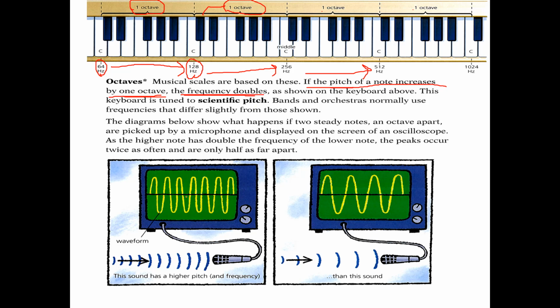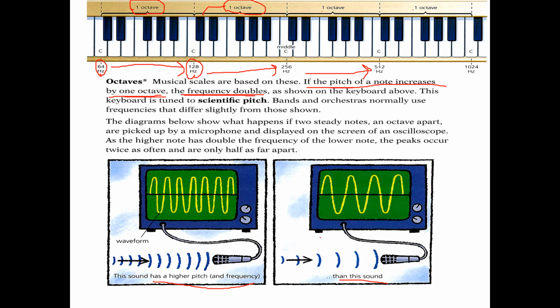Here, if you look at these two oscilloscopes, you will see a sound from 2 octaves. The sound from 2 octaves is represented on this oscilloscope. As you can see here, the sound has a higher pitch. This sound has a higher pitch than this one. How do we know? It depends on the frequency. As you can see here, the frequency of this wave is higher than the frequency of this